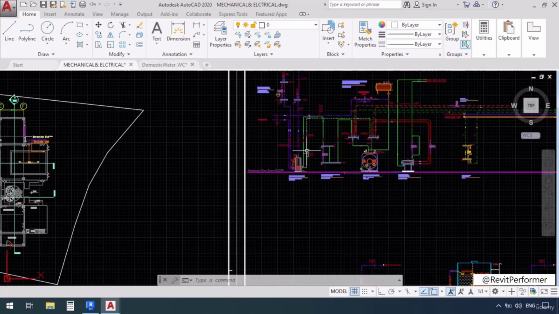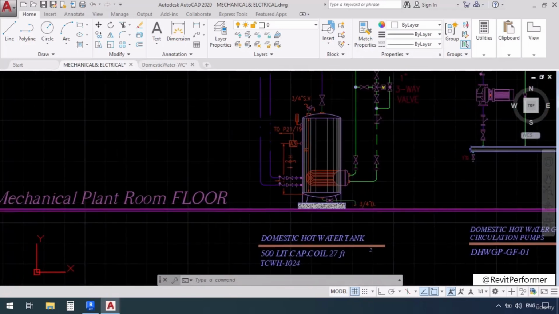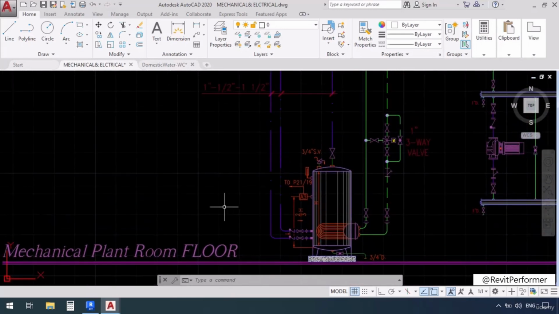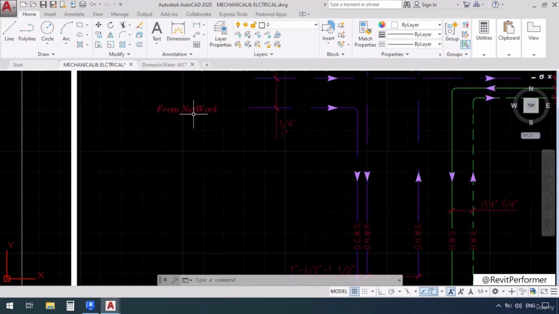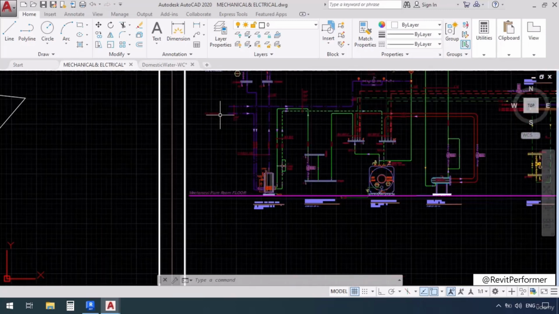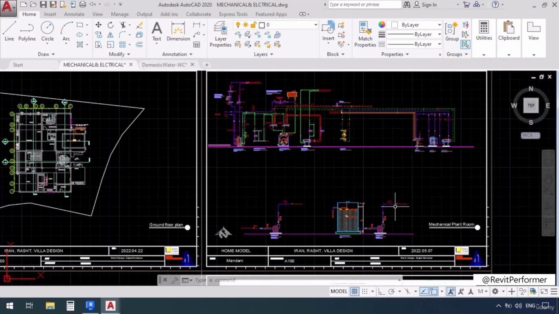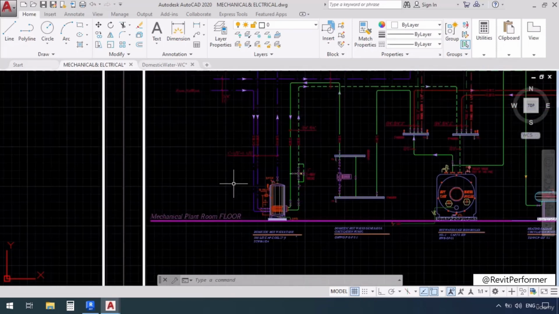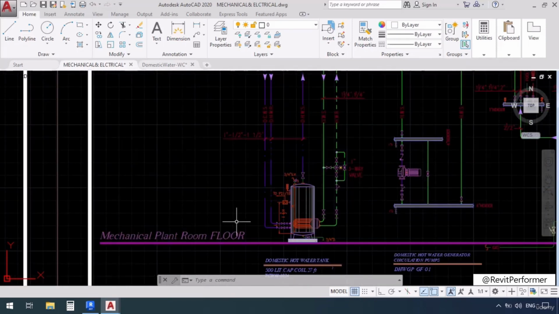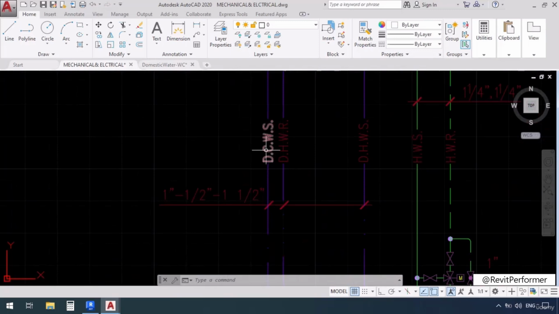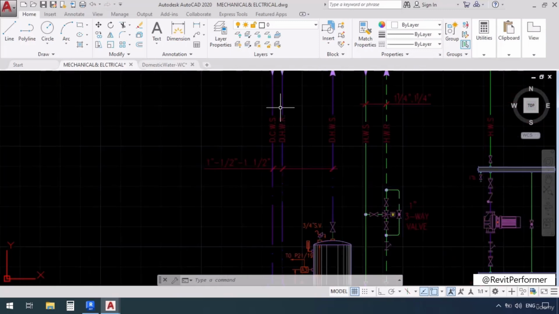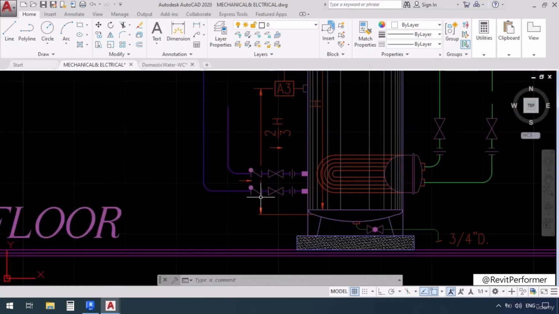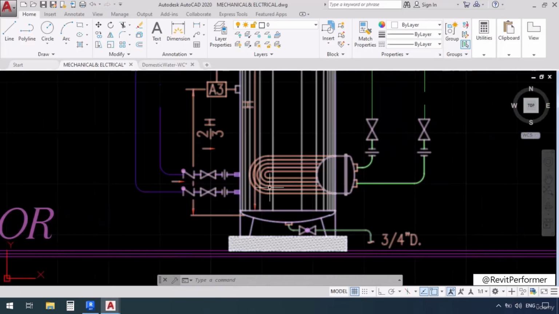Now let's take a look on this side. Over here, we have the domestic hot water generator, or as it says in the plan, the domestic hot water tank. A cold water pipe enters this tank, and as you can see right here, it says that the water comes from the network. But in this plan, we're going to say that the water comes from the pump and enters the tank. You see that it says here, domestic cold water supply. And right next to it, we have a domestic hot water return. So that means that here we have cold water supply and hot water return, and both pipes enter